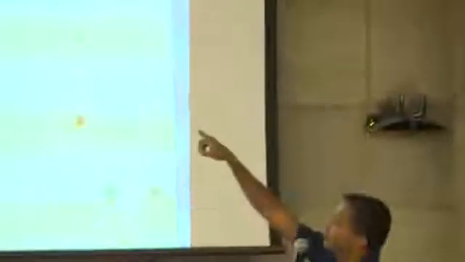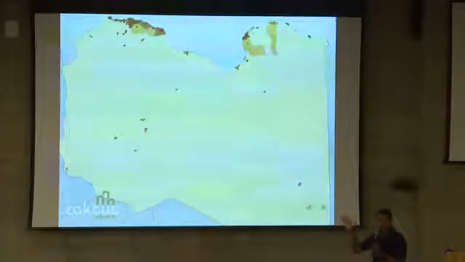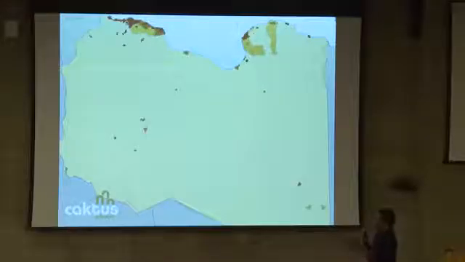This is a map of Libya, where up in the west, you can see Tripoli, up in the east, you can see Benghazi. Those are the two darkened areas. This is a population density map. So in those two areas, those darkest areas represent 1,000 or more people per square kilometer. Whereas in the bulk of Libya, all the yellow areas is 1 to 5 people per square kilometer. So there's a 1,000-fold difference between those two areas.